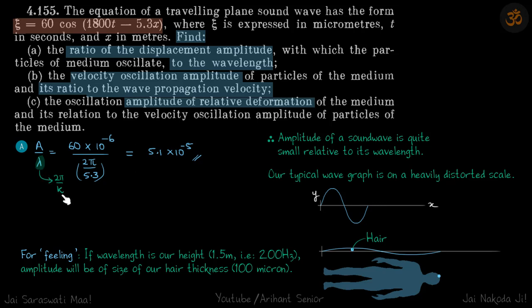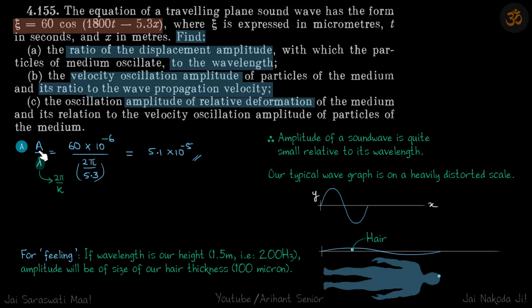The wavelength will be 2π by k. K from here is 5.3. Amplitude is 60, which is in micrometers, so it will be 60 into 10 to the power minus 6. So we take this ratio and that comes to be 5.1 into 10 to the power minus 5, which is